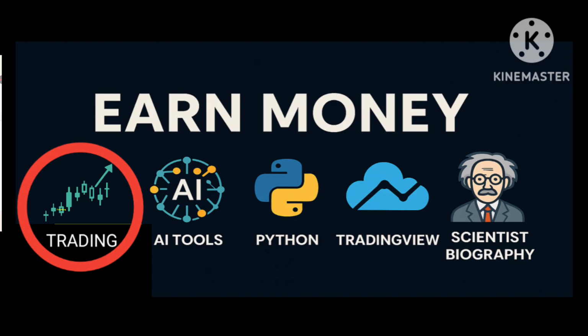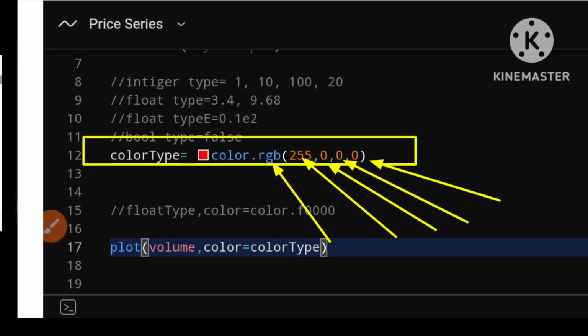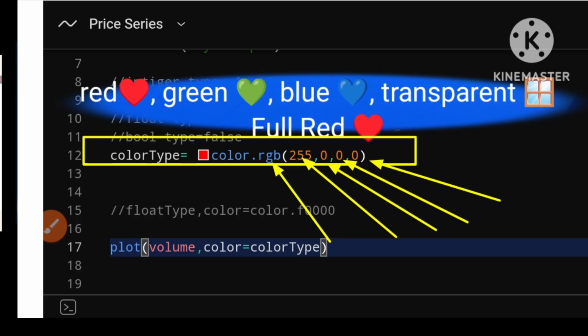This can be an easy way to fill out custom colors in your scripts. One other option we have to work with in PineScript is the color.rgb function. This we can pass in 3 values, or 4 values actually: red, green, blue and transparency. So for example, if I wanted full red, I could type in 255 red, 0 green, 0 blue and 0 transparency. So the transparency is optional.